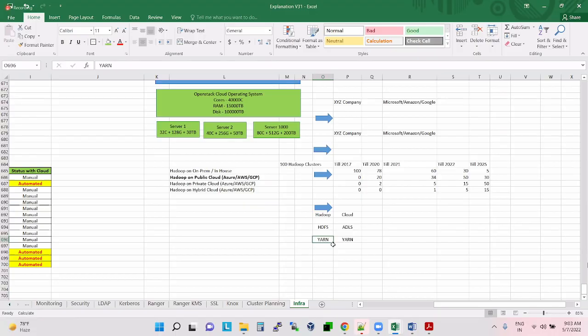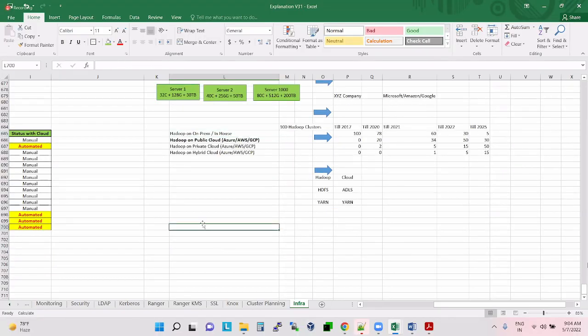See what I'm trying to do. For 3 days, 4 days, we are talking about cloud. Cloud will change the Hadoop deployment mode, the way you deploy. See, you have a house. You can construct your house with leaves also. You can construct with red bricks also.